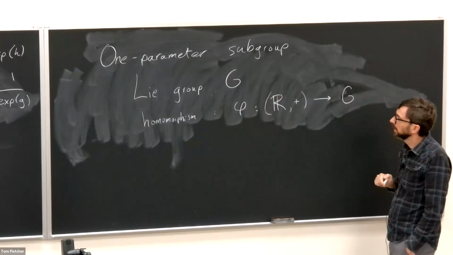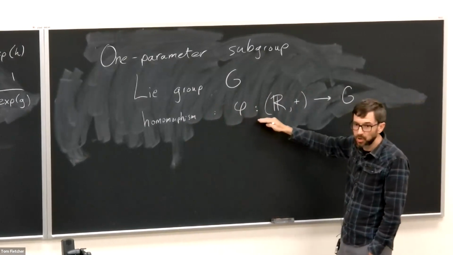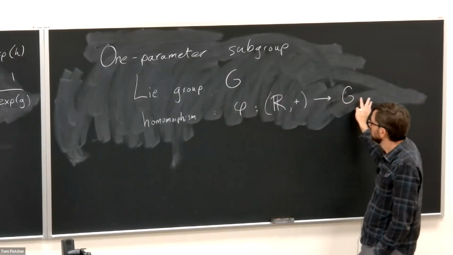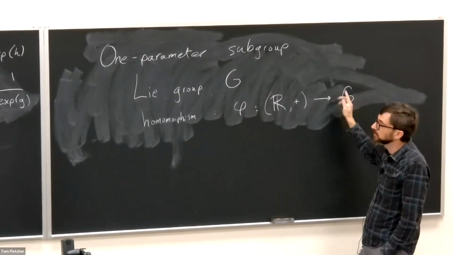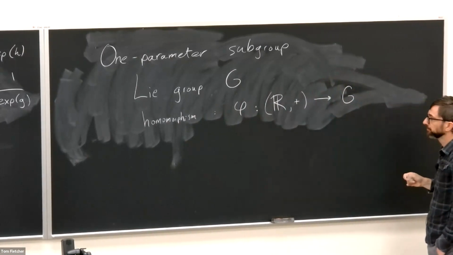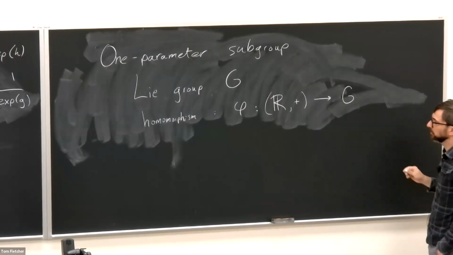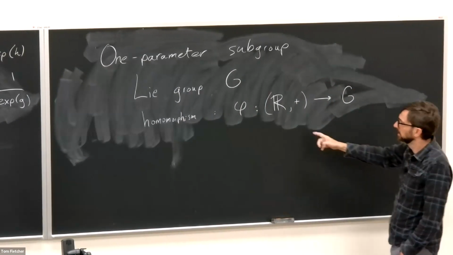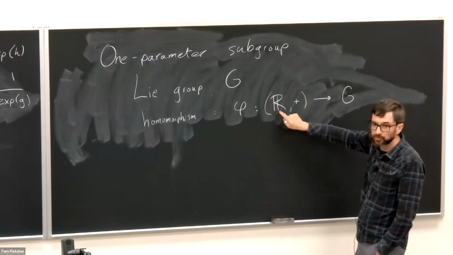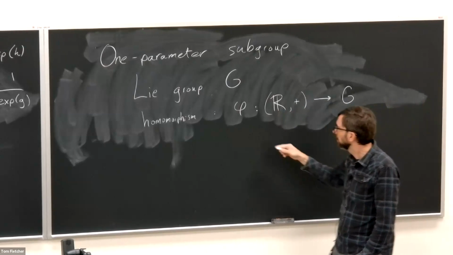Okay, and the set of all outputs of phi are a subgroup of G. That's the one parameter subgroup, and we'll get into this a little bit more here. So let's break down what's going on here. If I have a homomorphism from the real line to my group G, the one thing I know already,